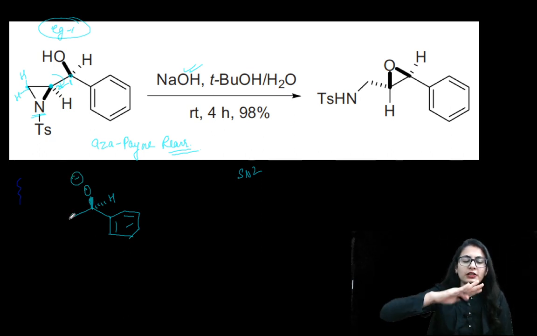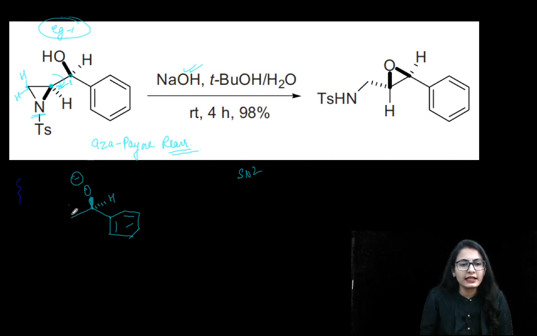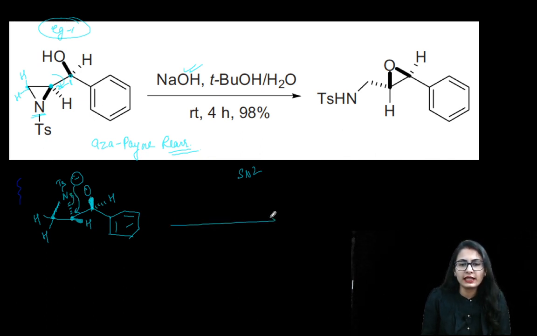And further, after rotation, what I can write is, guys, I can write the nitrogen over here. Alright, I can also write it like this on the other end, it does not matter. Even if I write a single line, does not matter because here both of the hydrogens are present. So okay, now on the same carbon, now the hydrogen comes above. Okay, and that is why you have this stereochemistry. The O minus is again going to do the SN2 attack. Now O minus is above and the leaving group, which is the nitrogen itself, is going to leave from below. So again this is an SN2 reaction, inversion reaction.